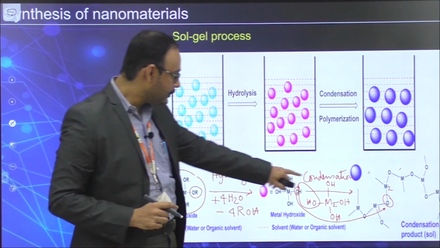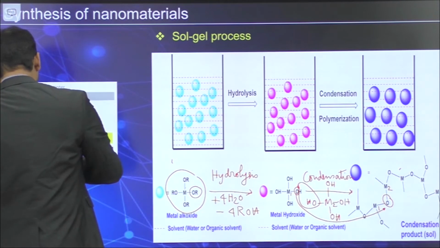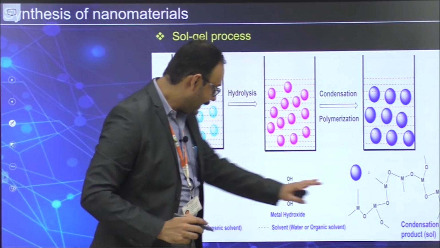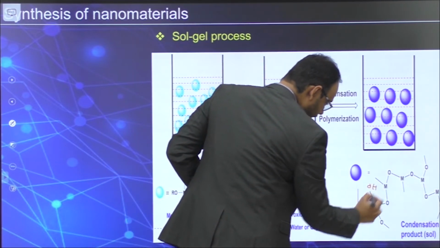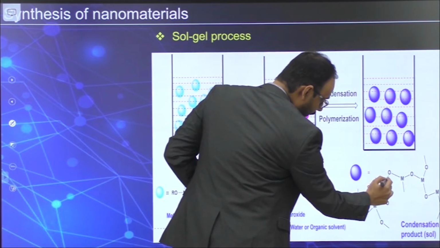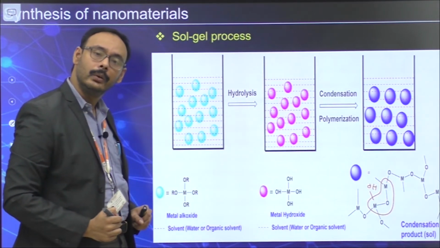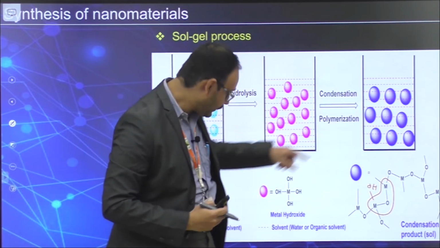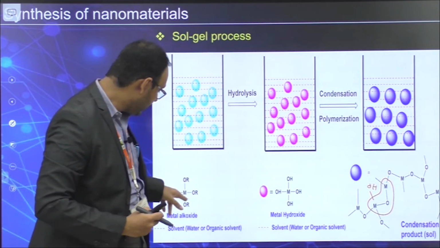So then what happens to the other linkages? That's the interesting part. So now after formation of this, you can still have OH here. You can still have OH there on this side because you have only formed this bond. Once you have that, then this OH is going to react with one molecule of this again, this or this one molecule of this.